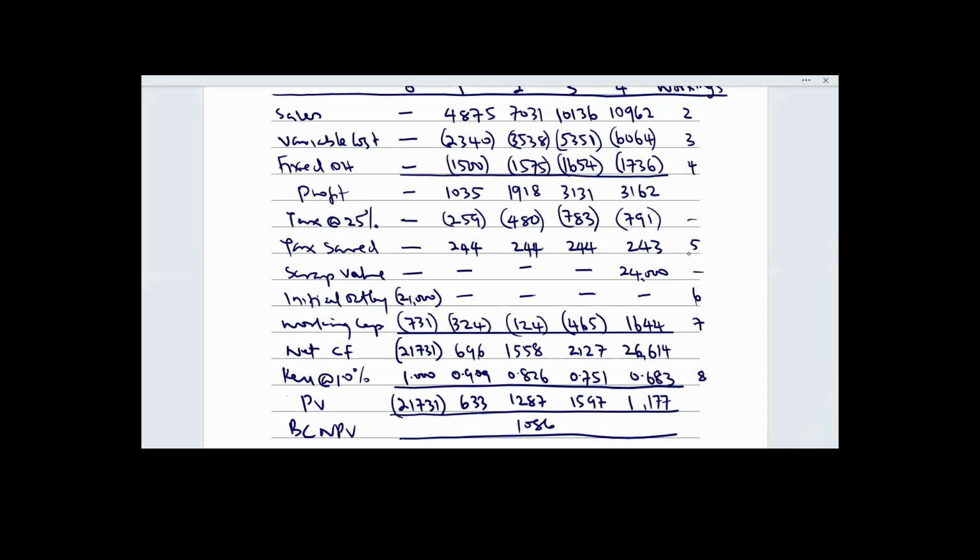Let's do it again. 3,162 minus 791 plus 243 plus 24,000. Okay. Oh, okay. I didn't add 1,644. Yeah, it's correct. It's 28,258. 28,658. Okay. So that means what was here before was